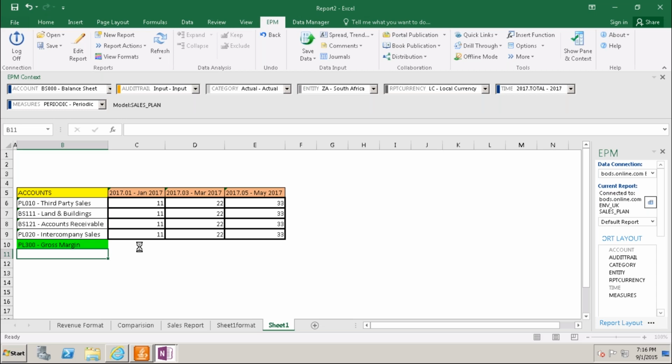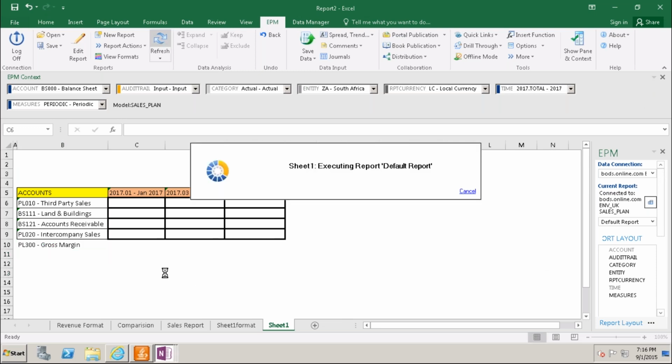So let it run for some time. We will check whether it will work out or not.